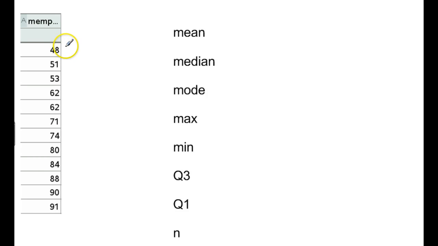The first thing you may notice I did with my Memphis data here of temperatures is I organized them by smallest to biggest. And that really helps. Before you want to find anything like median, you definitely want to organize them numerically in ascending order first. Mean, you probably all know how to do. You think of that as the average. You basically add them up. I think these total to be somewhere around 854. There are 12 months, so you do 854 divided by 12, and you get your average, which is about 71.2.